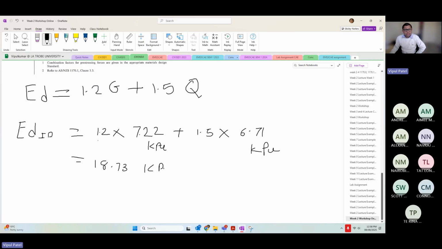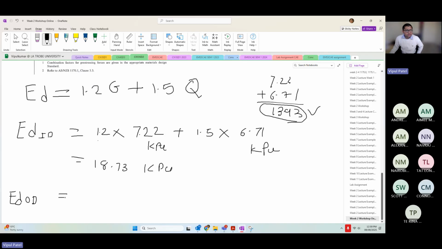So the Australian standard does not just want to add these together, 7.22 plus 6.71. If I do 7.22 plus 6.71, I would get 13.93. The Australian standard, limit state design, says 20% extra. So basically, the Australian standard does not want to design for 13.93 kilopascals, which is basically adding simply, but they want to design for 18.73. That is indoor. Outdoor,